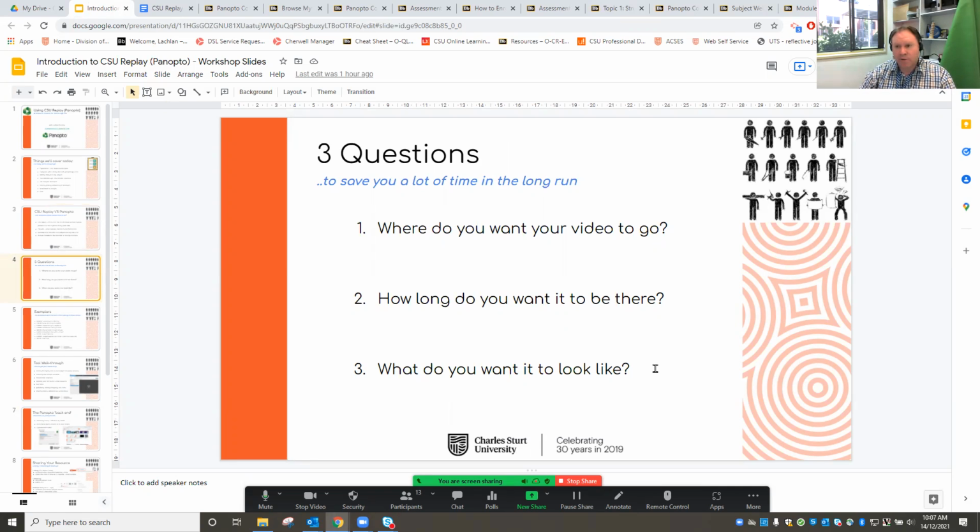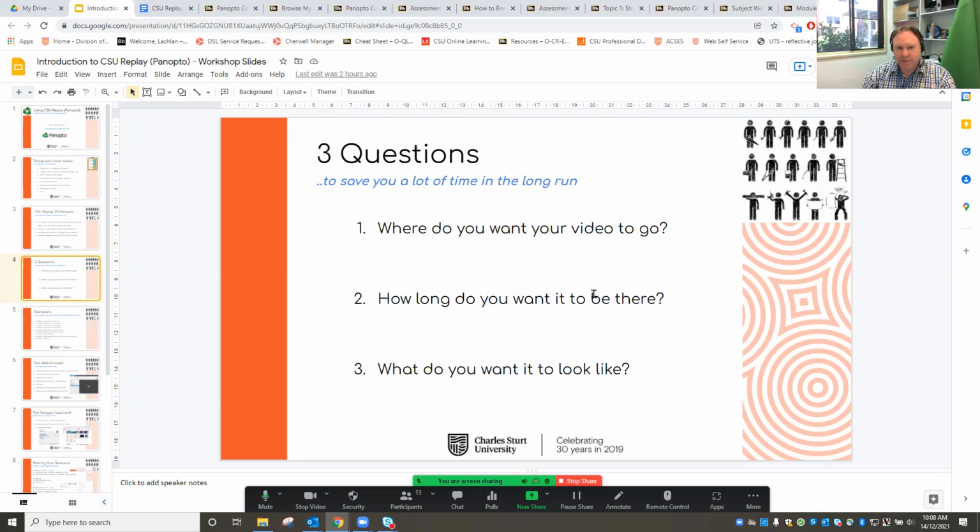And what do you want it to look like? As in, is it just going to be a link that people click on? Is it going to be an embedded player as such, a window that people can click on, or something else again? Is it meant to be part of another type of interactive? And these are important because depending on your answers to these questions, I would be straight away recommending different tools